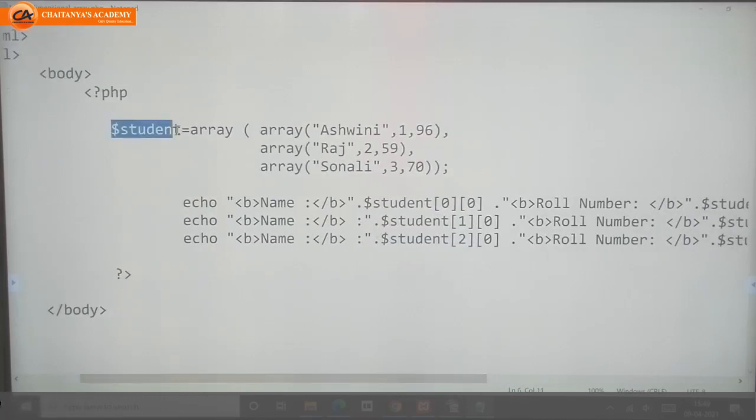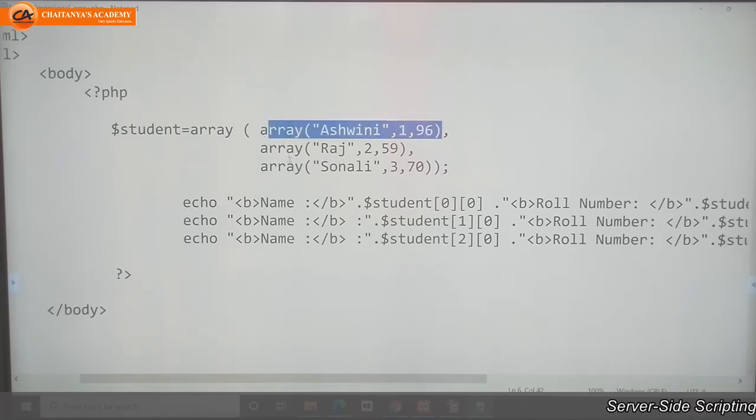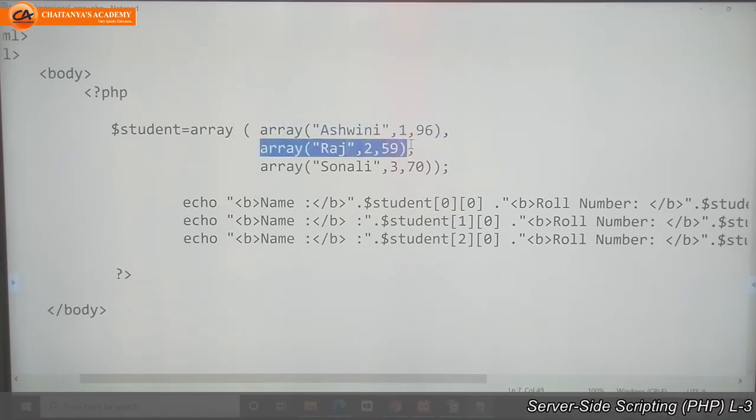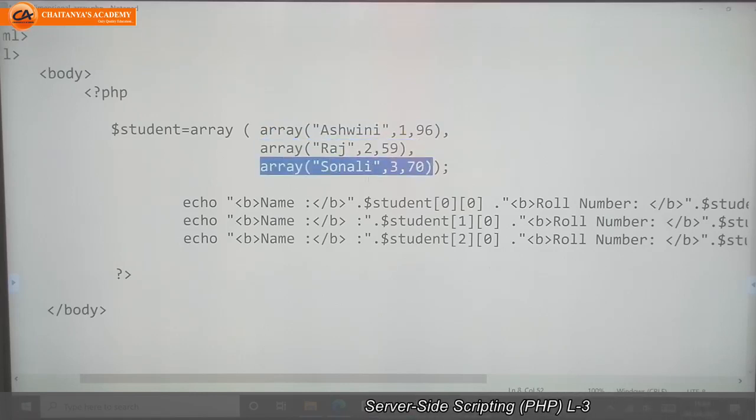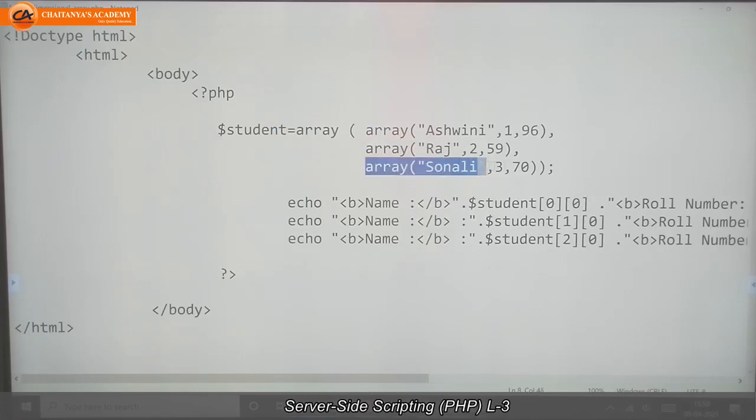For that, use a variable name, next the array keyword, next into bracket. How many arrays do you want to pass? One or two or three or any number of arrays. If you want to pass 1, you can pass 1. If you want to pass 2 arrays, you can give 2 arrays here. If you want to pass 3, you can declare and write 3 arrays here.